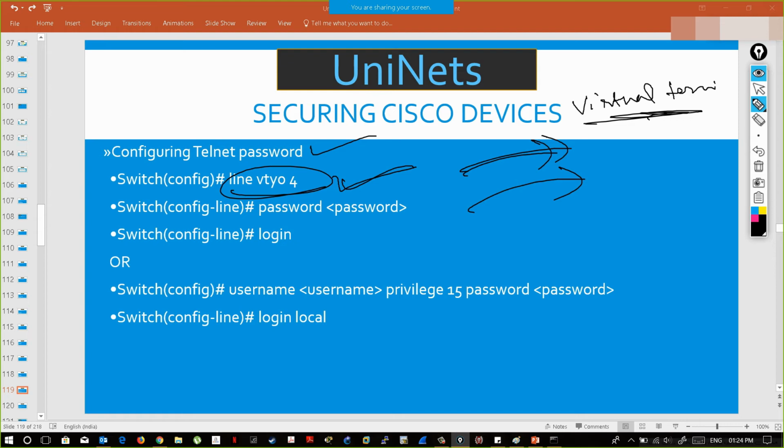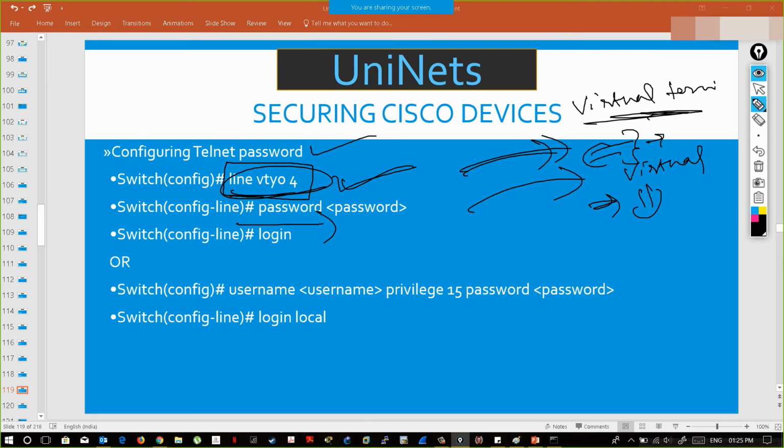Now, if you enable a password for your console, the attacker knows that you have set some password for the console. Okay, now he can take the telnet access also. In order to avoid that, you will enable a password for the virtual terminal, where if he enters the correct password, then only he can get the telnet access of the device. And here you are telling it to go to